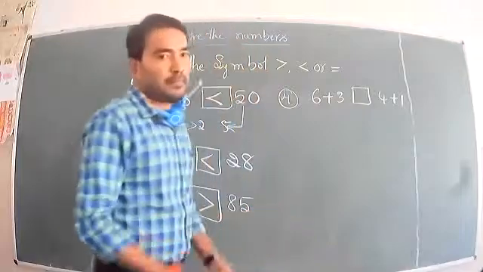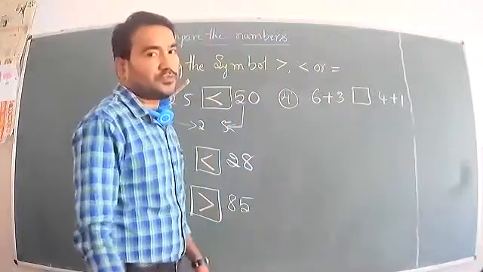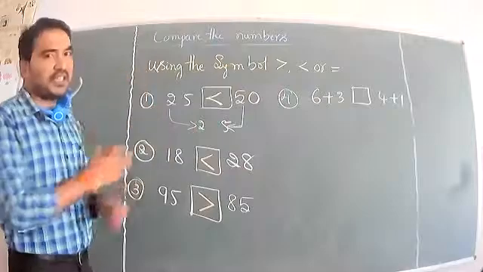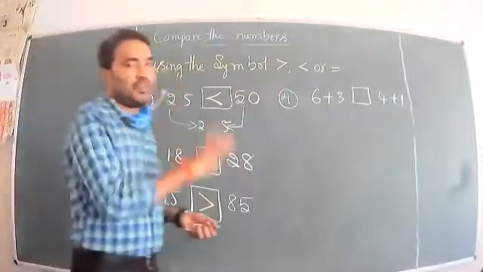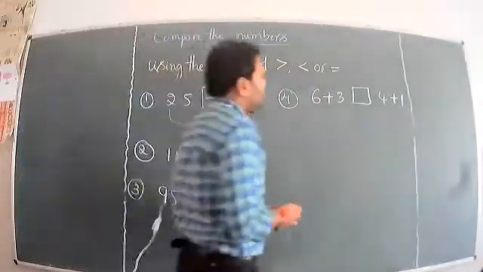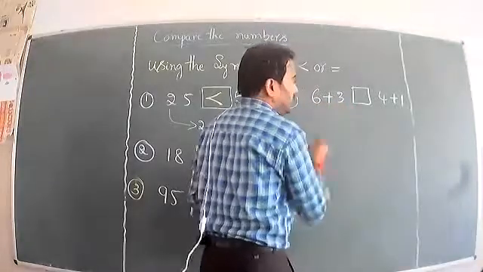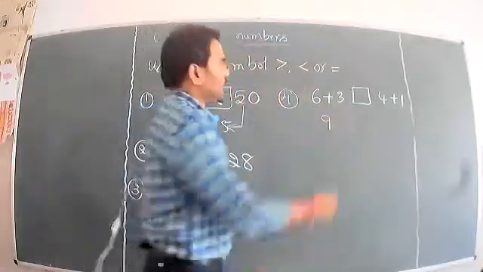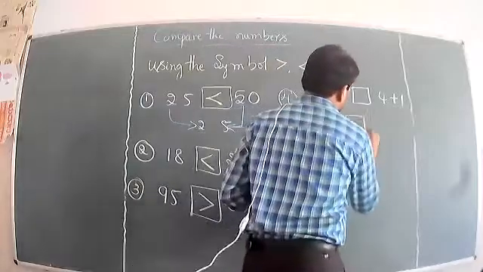Okay, for this type of question, first we should add the numbers, or a subtraction will be given. First, simplify, and then find the sum. What is the sum? 6 plus 3, what? 9. 6 plus 3 is 9. So we can write it once again in the bracket.